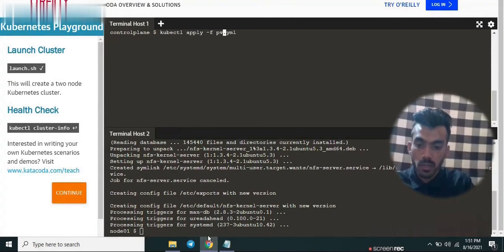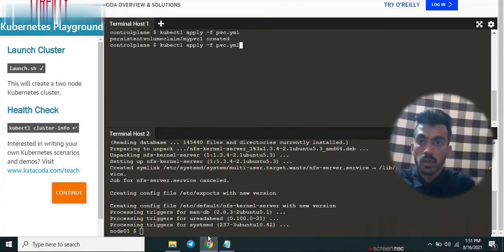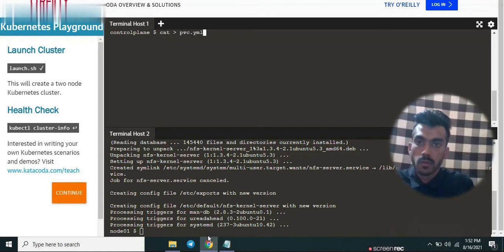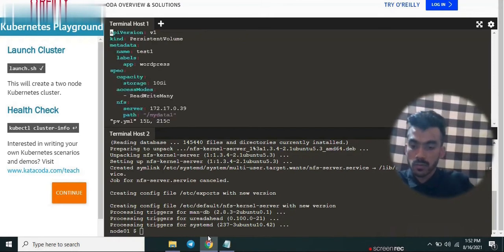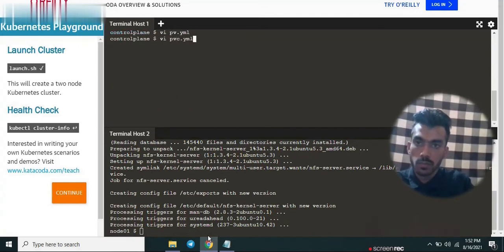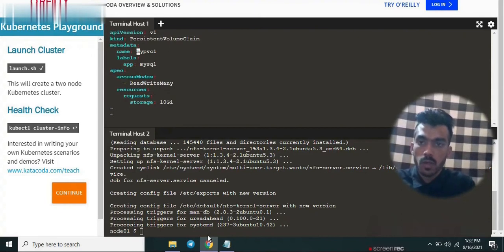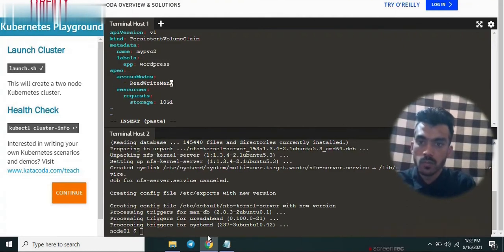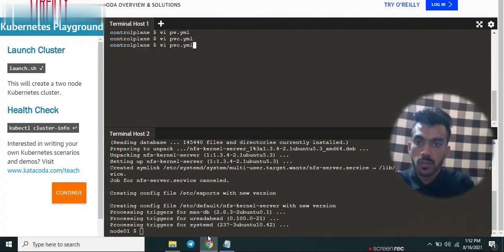We will have to create the same PVC for WordPress also. I'm going to use the same definition. vi pvc.yaml. What changes we will have to make is here: we are going to name it my-pvc2. The obvious change we will have to make is the label, WordPress, and we are going to request 10 gigabytes of storage. You can create it with kubectl apply -f pvc.yaml. Our persistent volume claim is also created.